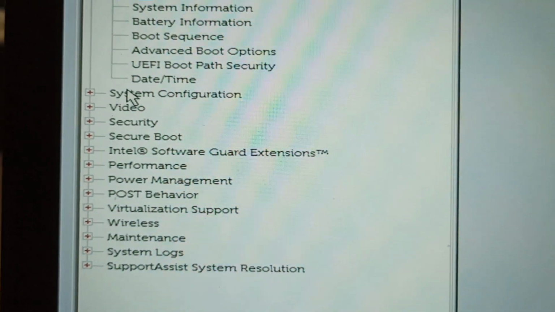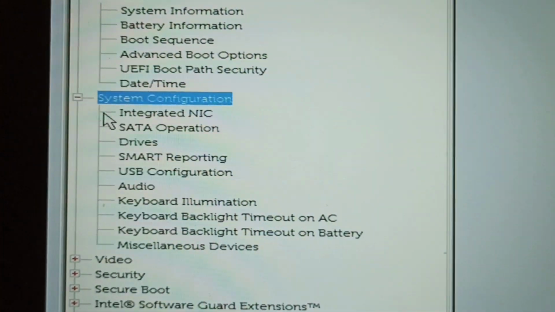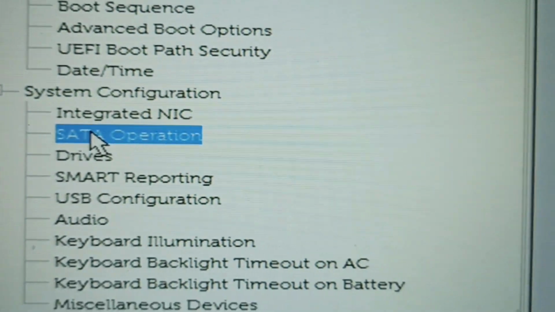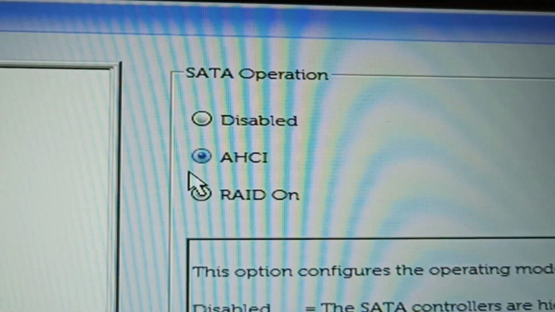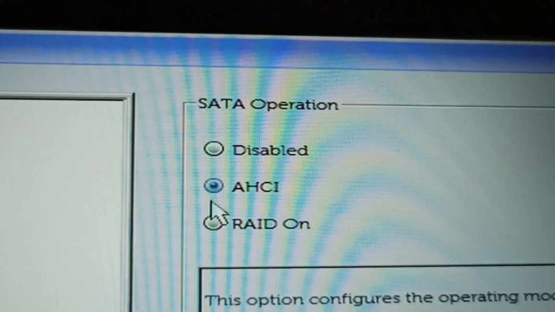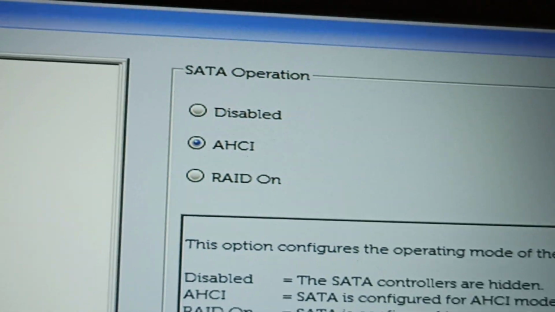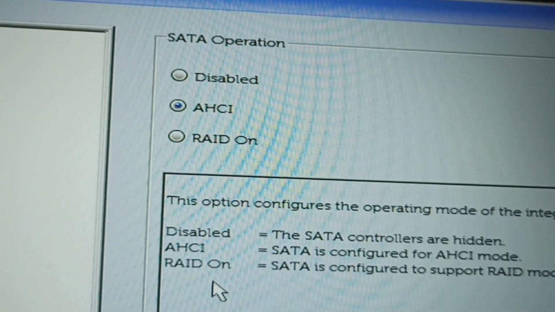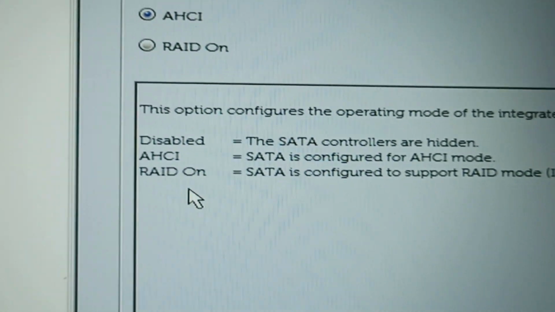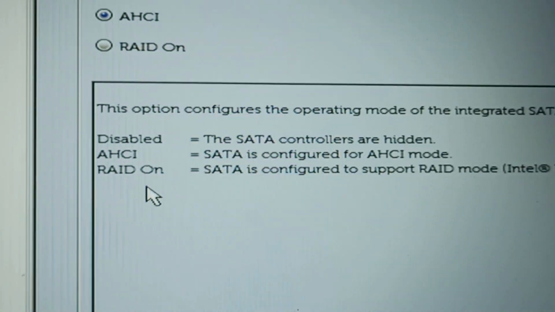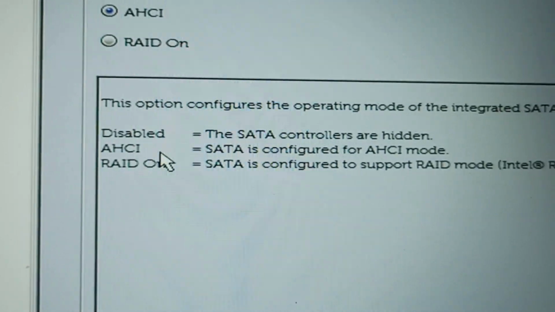Now I am going here to the system configuration and here is the SATA operation as you can see. Guys, as I said, I have already changed from RAID on to AHCI. By default it will be on the RAID on option, and when you click to change from AHCI option, it will actually tell it may delete all the Windows files, but guys, nothing of that sort will happen. Don't panic again, just click on yes and then click on apply here and then just exit the BIOS menu, guys. And once you exit the BIOS menu, your computer will boot up normally, guys.